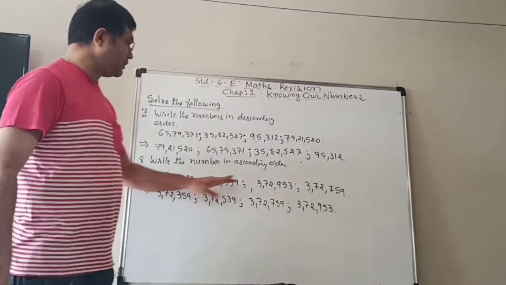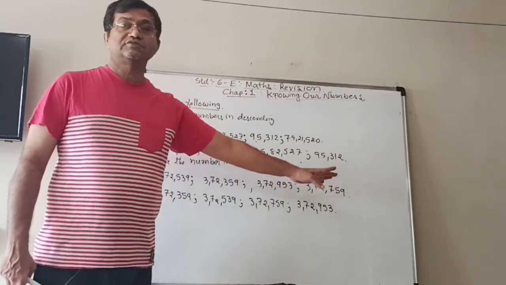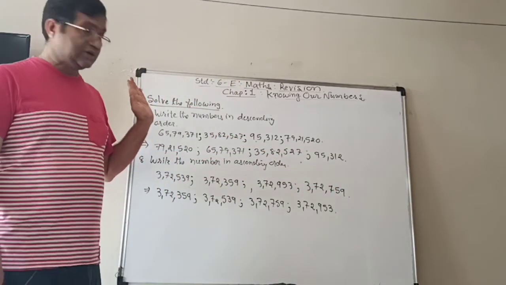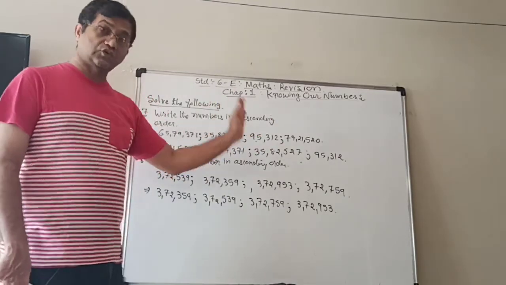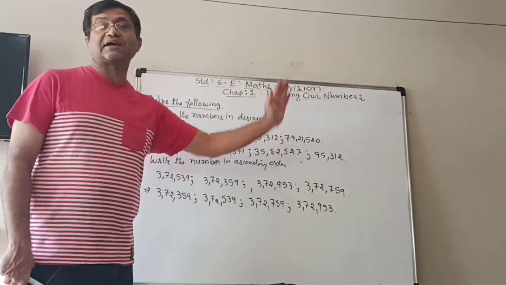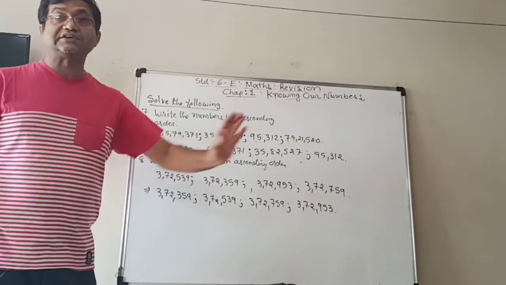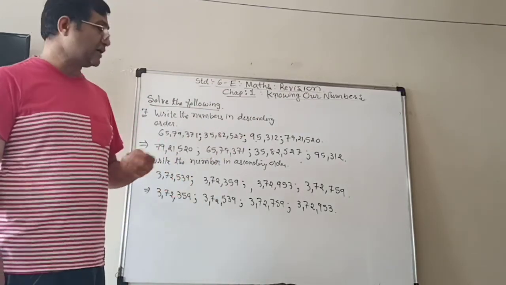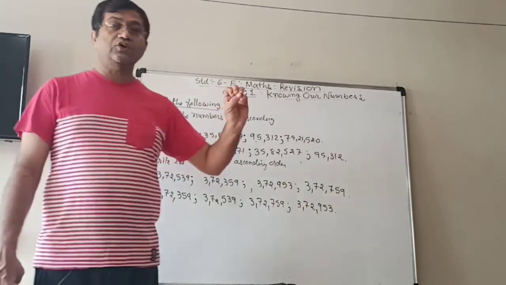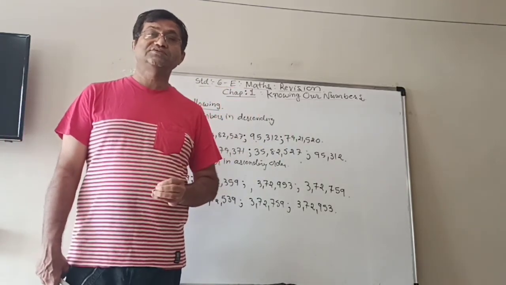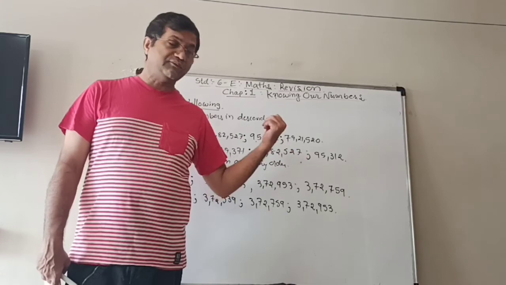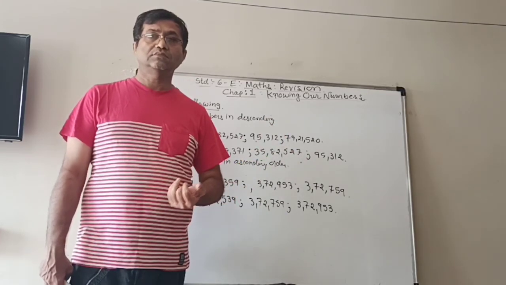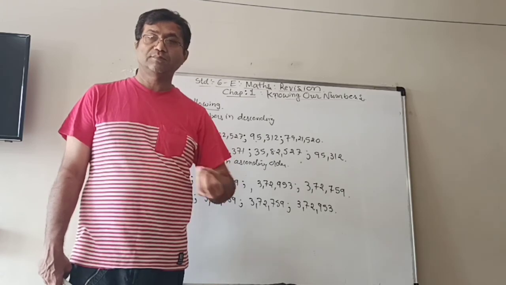So if the number of digits is the same, you have to start from the leftmost digit. If they are also equal, go for the next and next until the different digits are there, and then easily you can write down. So here we are going to finish the session. It will be followed in the PDF. Maybe some more for your practice also.